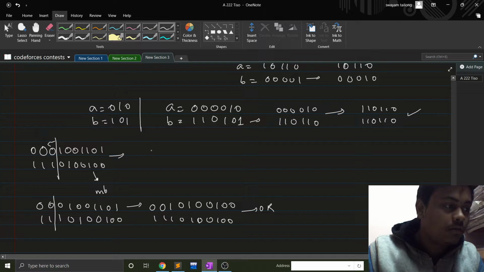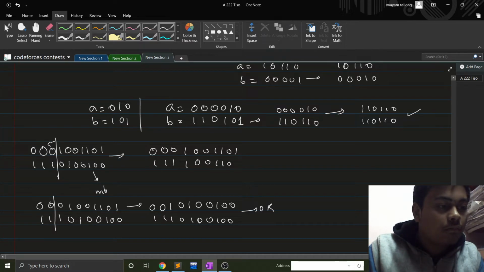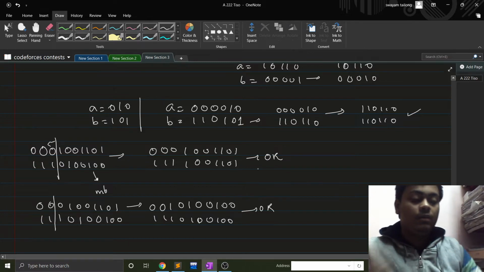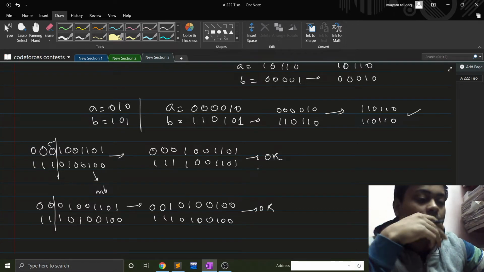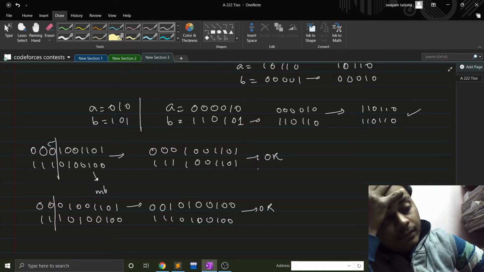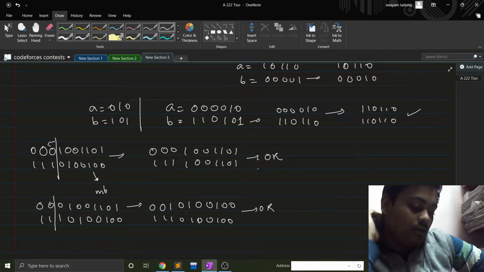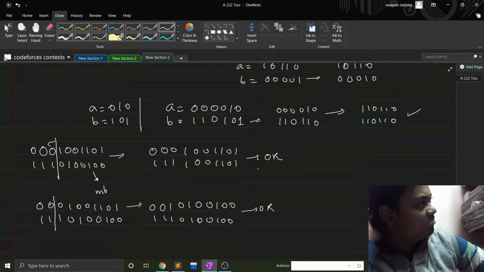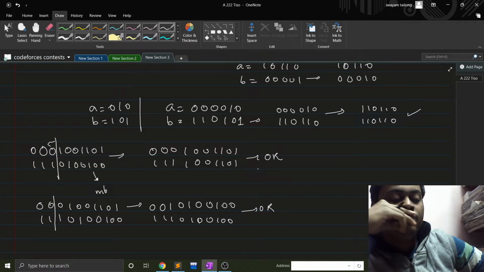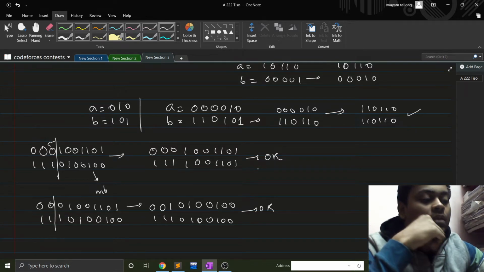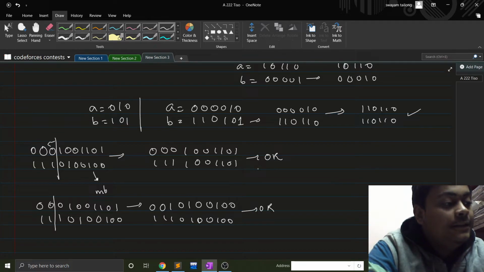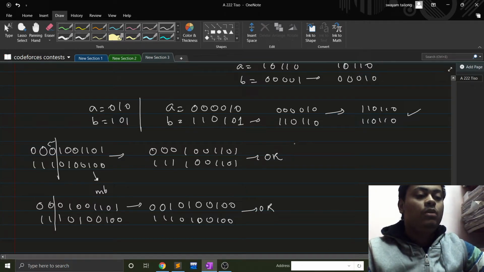What we can do is keep this thing same and try to match this part, and then apply or. Application of or is the last operation, because if even after the application of or we have to do some more operations, then it is not always the ideal thing to do, I think. Yeah, so what we have to do is that